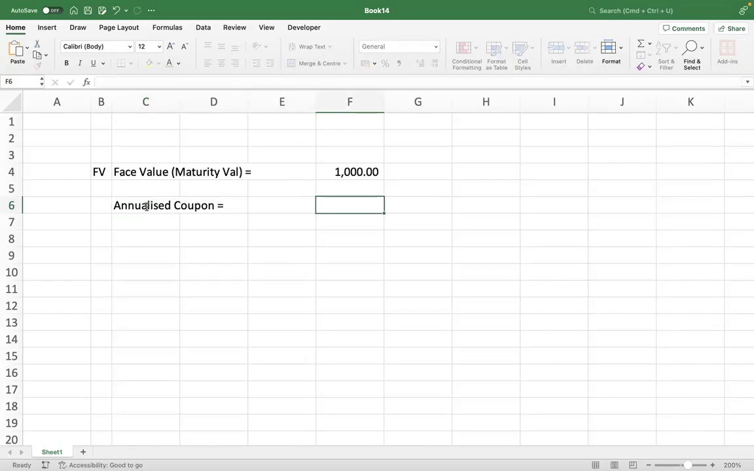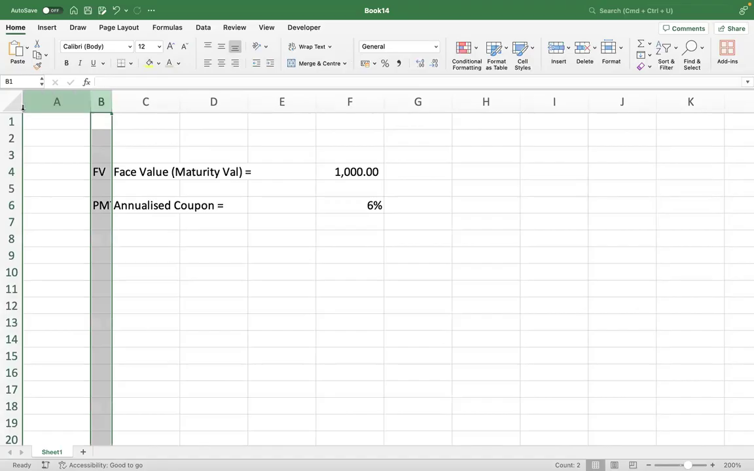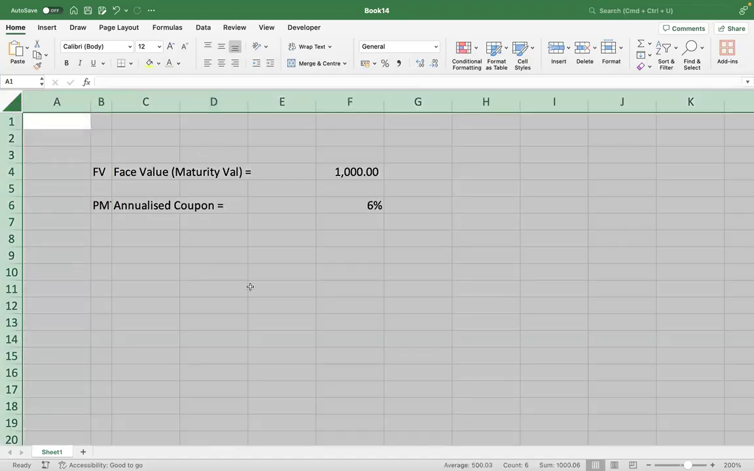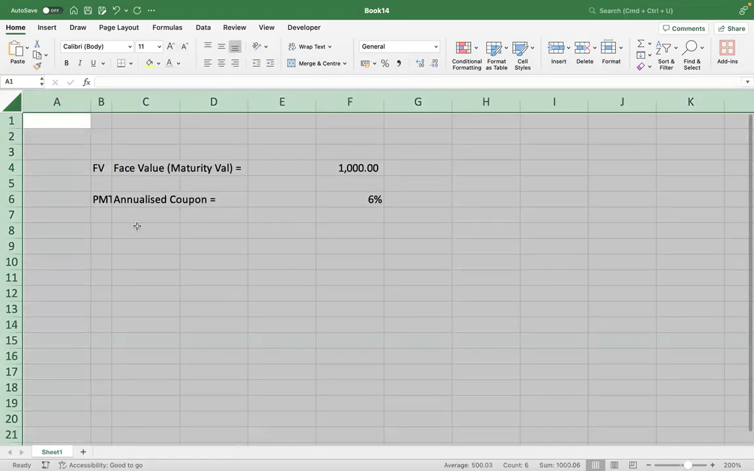And what is it? 6%. This is PMT, mind you. This is called PMT. Then you have next